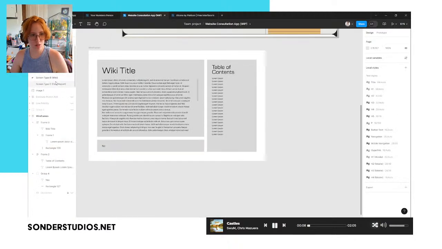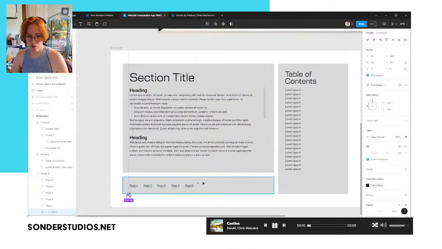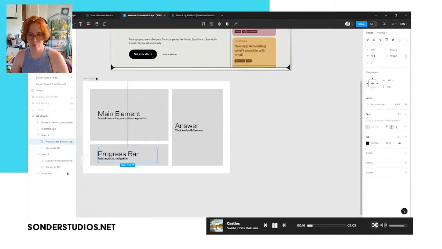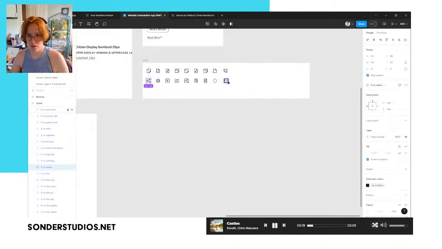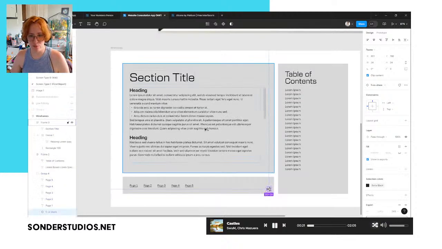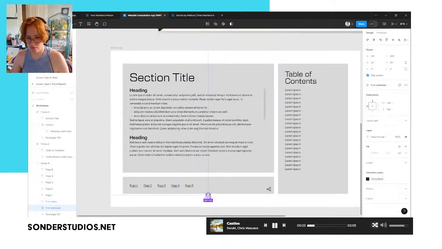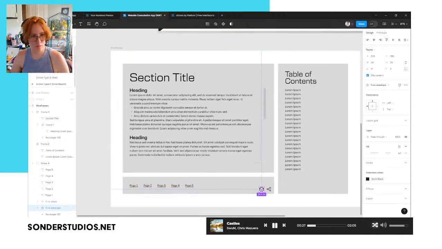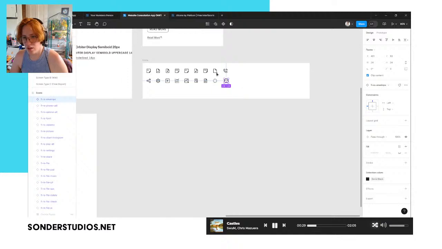So let's include in the final report some icons telling them what they can do. They can share it. They can email it to themselves. They can download it as a PDF.